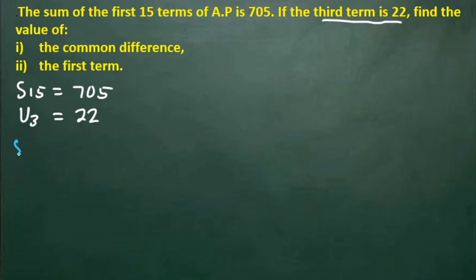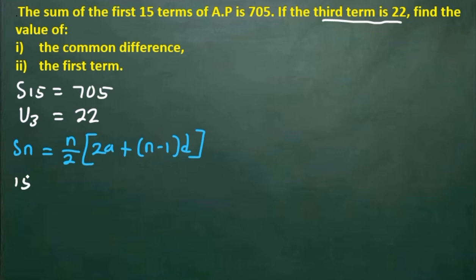But we know that the sum of a sequence Sn is equal to n divided by 2 times 2a plus n minus 1 times the common difference. Alright, so let's find the sum of 15 terms. So this will give us, basically sending it to the other side of the equation, 15 divided by 2, 2a plus 15 minus 1 times the common difference equals